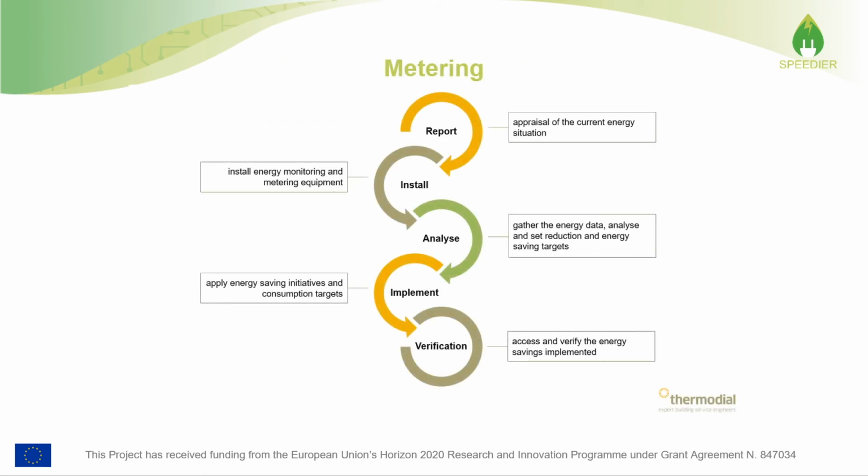Another important thing when it comes to energy management is metering. To understand your building more, you require more in-depth data to work with. This could be a simple flow meter that measures how much water your shower is using, or an electrical meter that measures how much your electric stove is using. The process shown here outlines the steps required for a good energy management plan, and the second step there is install energy monitoring and metering equipment.